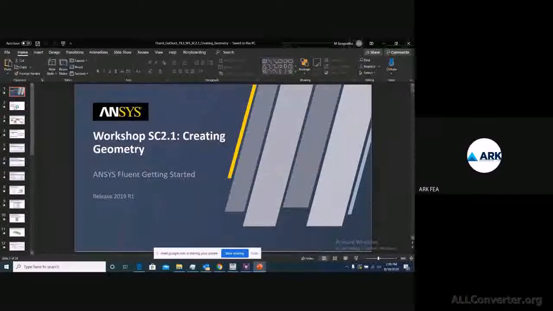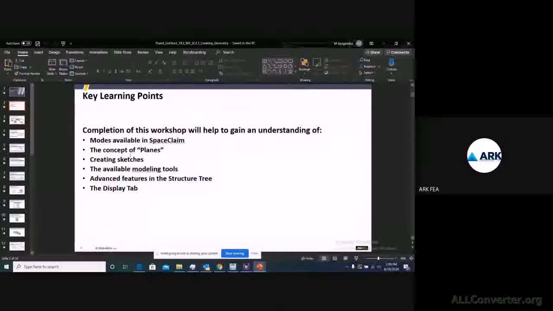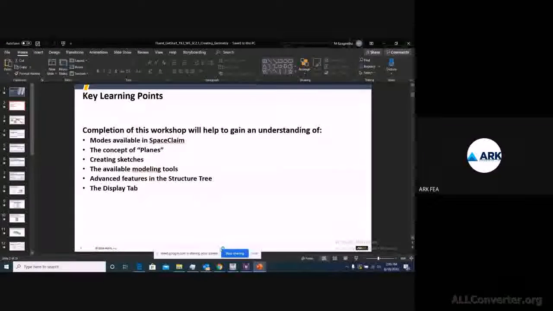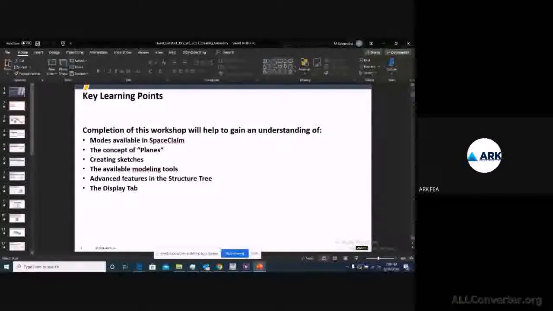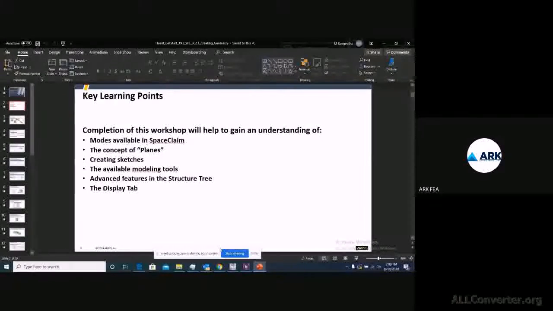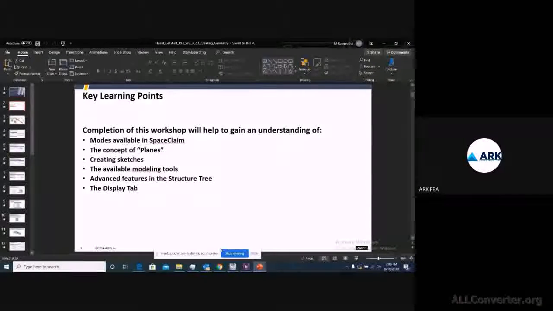Right, before getting into SpaceClaim, what we'll try to do is show you the different modes available. That can be your sketch mode, or your section mode, or once you complete sketching and add your third dimension, you need to check your third dimension part, so you'll be able to see the 3D geometry.